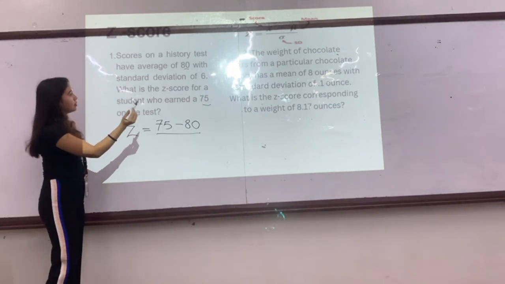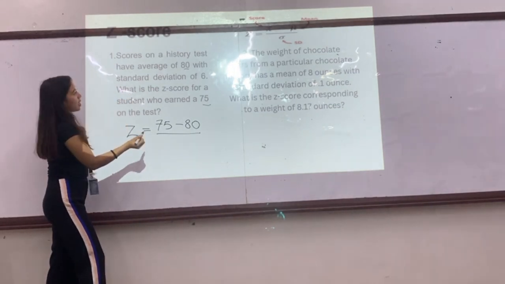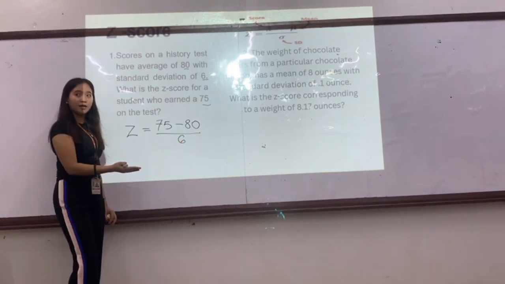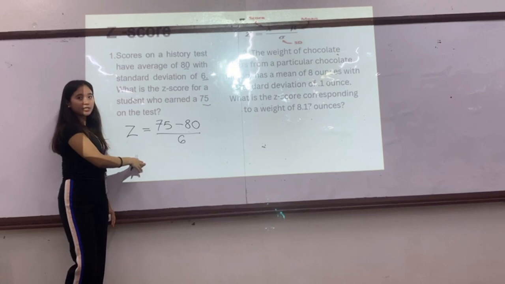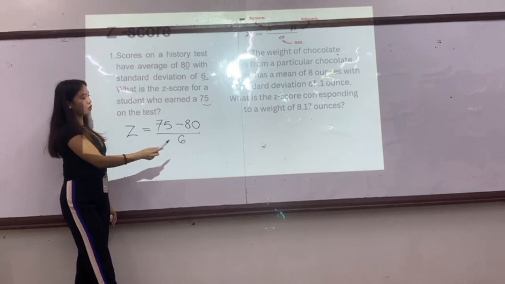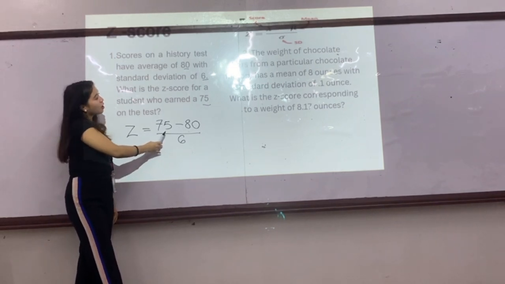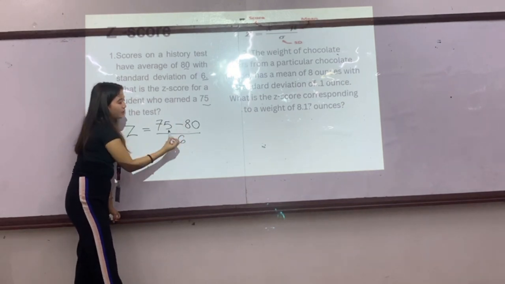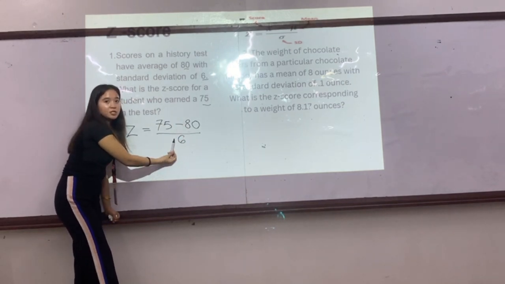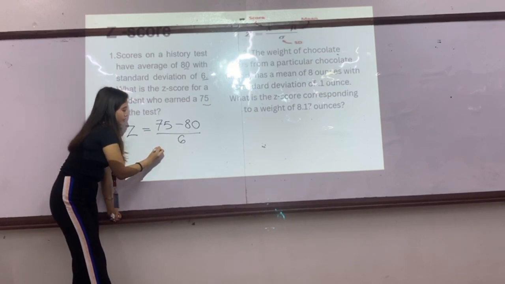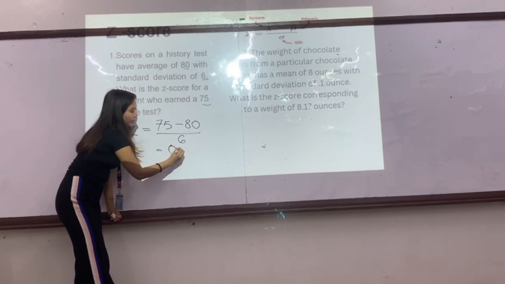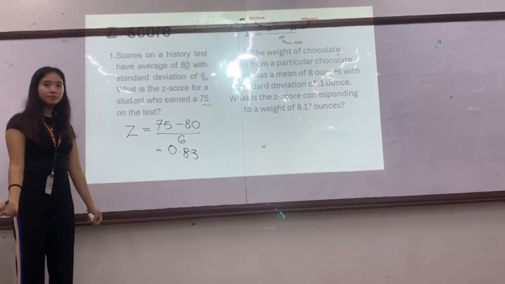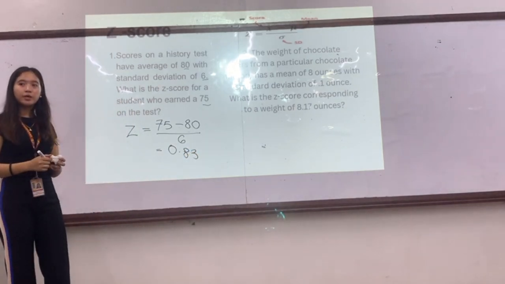The standard deviation, or SD, so the standard deviation is 6. So we got the final answer, so the score is 75 minus the mean from 80, divided by 6, the standard deviation. So the total answer is 0.80. So we're going to go to the